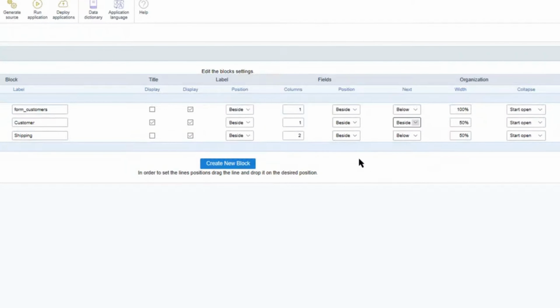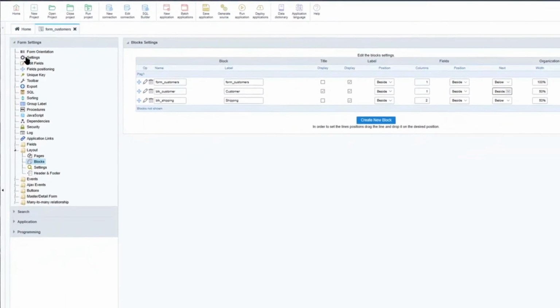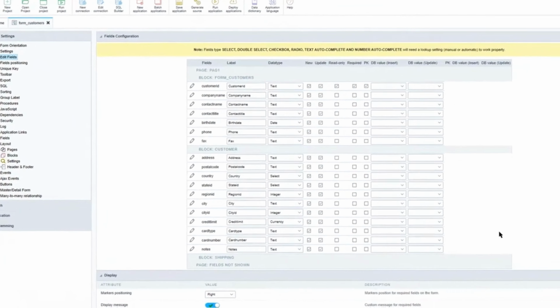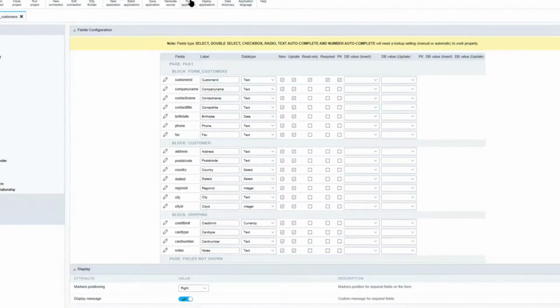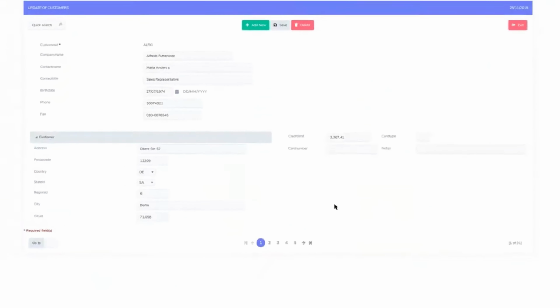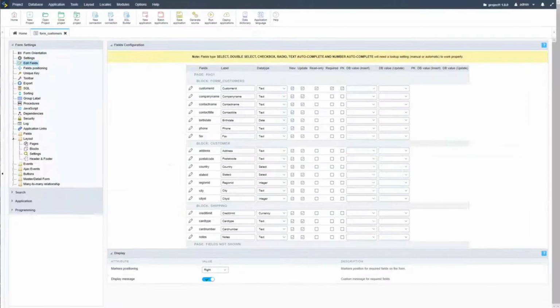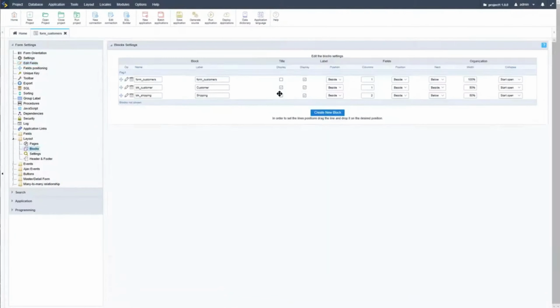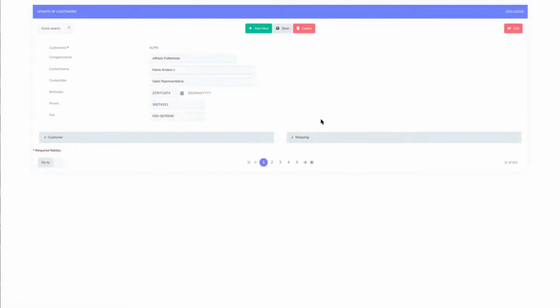Now I still need to add fields to the newly created block shipping. So I will use again the Edit Fields option to place the new fields into the new block and also drag the block right into place so that the fields will be automatically added. I can execute the form again. And now we can see that we have two blocks as well as the shipping block with no title yet, but we have the two columns. So let's return back to Scriptcase and return back to the blocks and also activate the label for the shipping, run the form again, and we now also have two collapsible containers within our form.